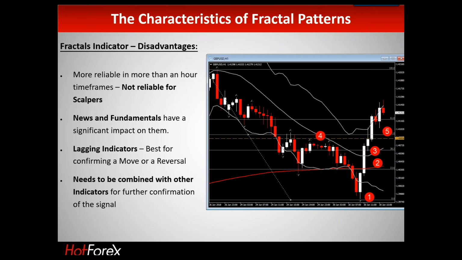In order to be on the safe side, you have to do good risk management. You need to set your stop loss at the most appropriate level, and your target not to be unrealistic. So you need to combine fractals, maybe with some other indicators, in order to make these short-term entries